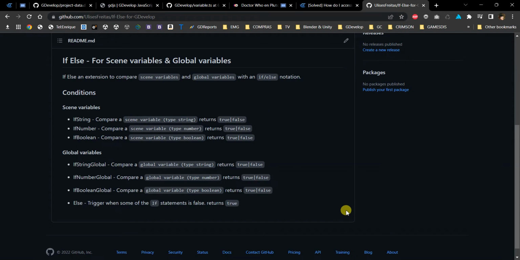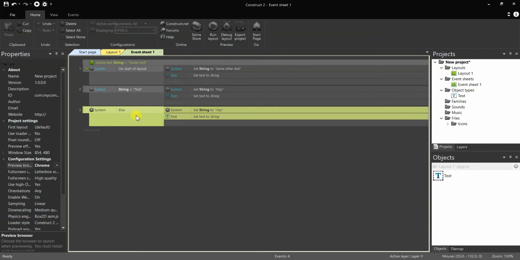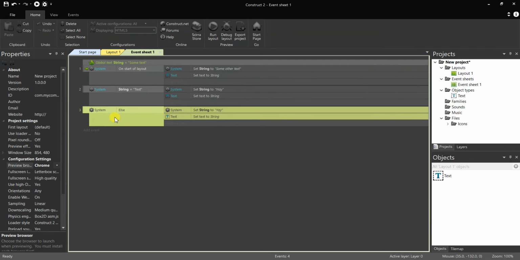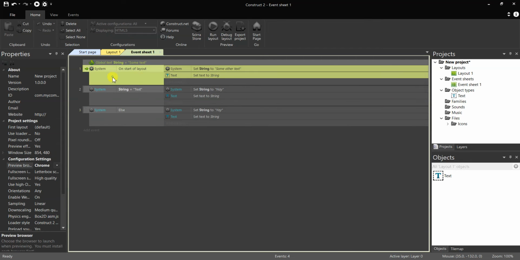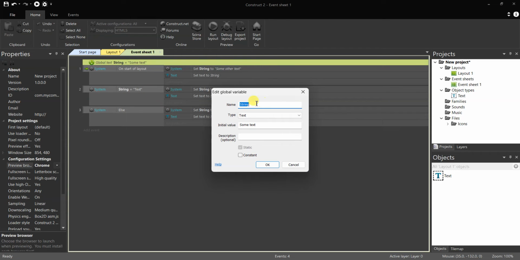I use this in Construct 2 a lot, this else system function, but in GDevelop it is not there. There is no else in the GDevelop system. But basically what we can do with this, if we for instance set a global variable